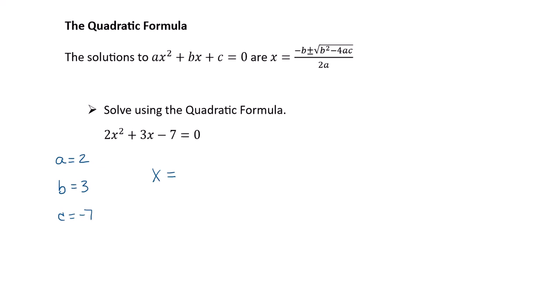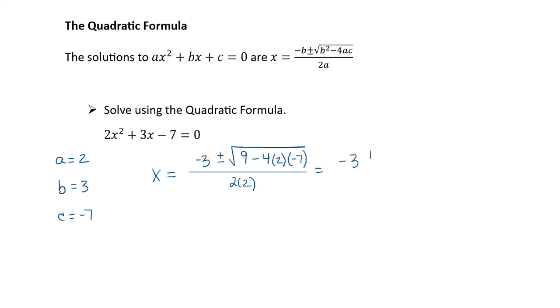So x is equal to, I've got a fraction, negative of b, so the opposite of 3, plus or minus the square root of b squared, that would be 9, minus 4 times 2 times negative 7 all over 2 times a, that's 2 times 2, and then the